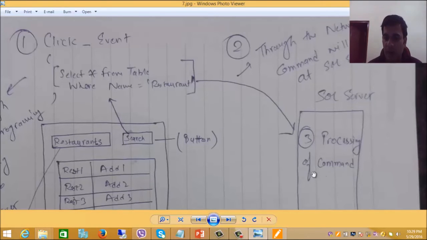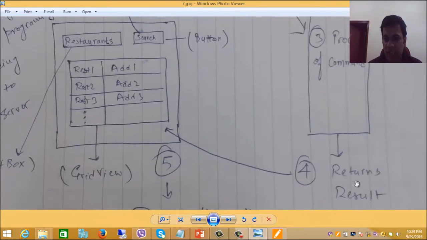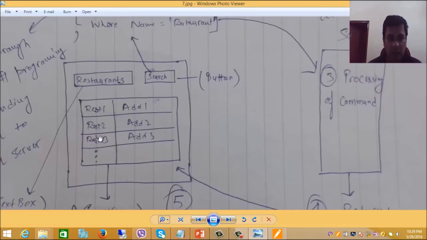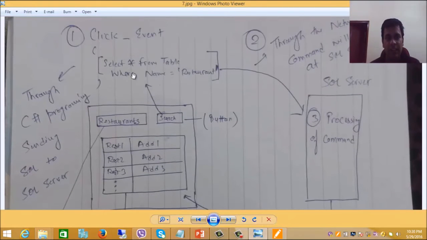This ad hoc command will be processed in SQL Server, and after that it will return the result. And then this result through the network, it will be sent back to the website and it will be displayed in the grid view. Now if you notice, there is one line which I am sending through the network.